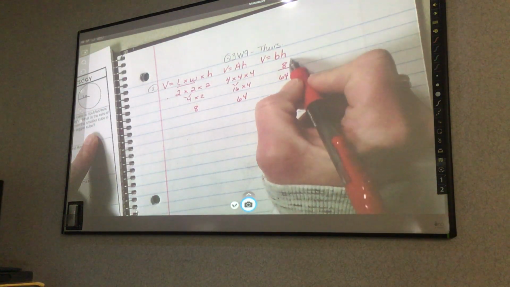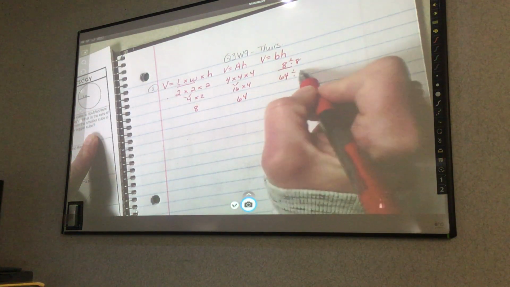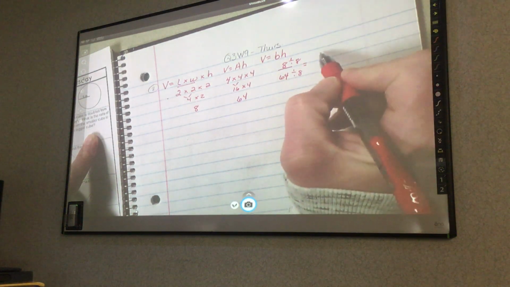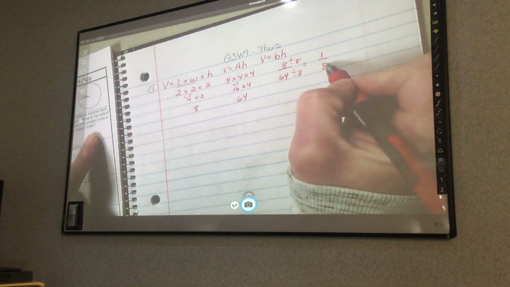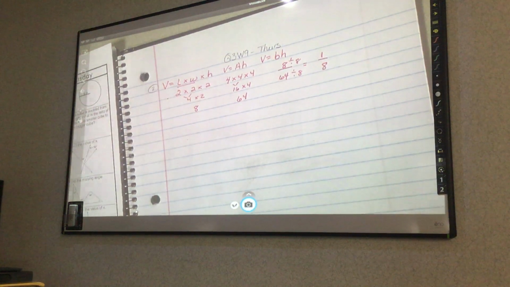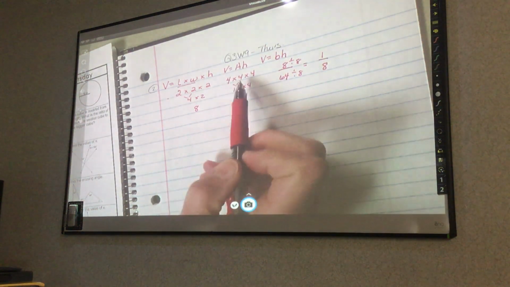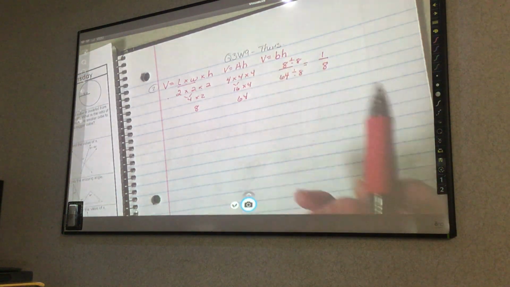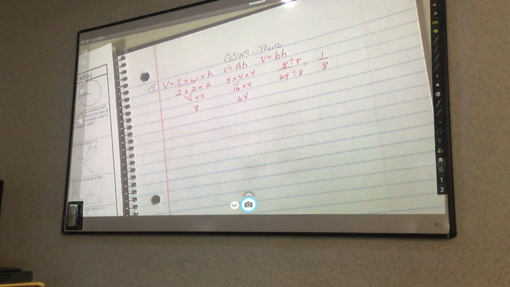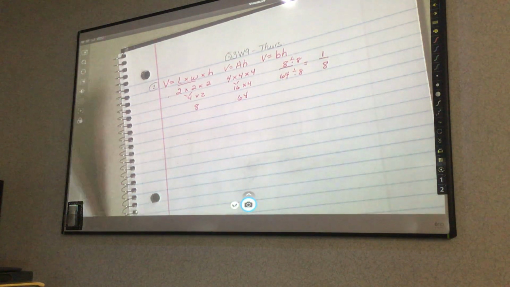Then I reduce it by 8, and my ratio is 1 to 8. And looking at this, I'm like, I could have gone even easier. I could have made these 1s, and then these 2s. And then I wouldn't have had to reduce at the end. Number 3,